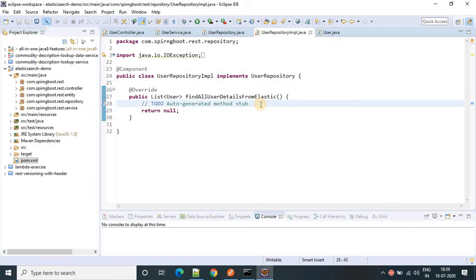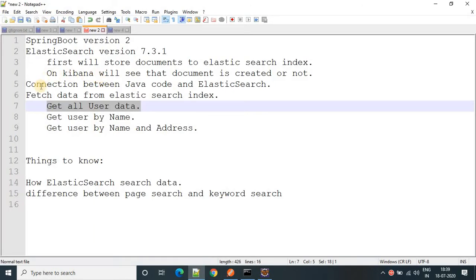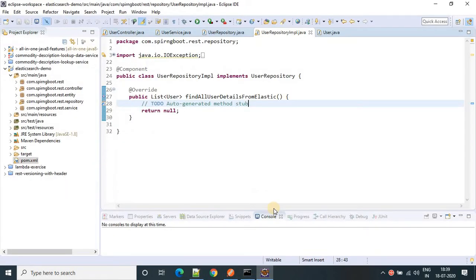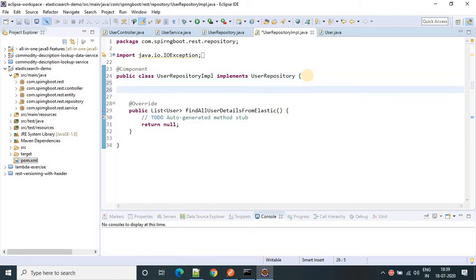Now here we will write the logic for the connection of Java and Elasticsearch. This is the main thing we are going to do. So first thing we need, we are going to use REST high level client.